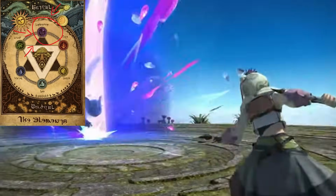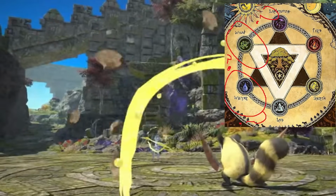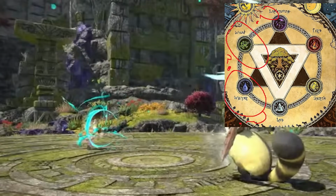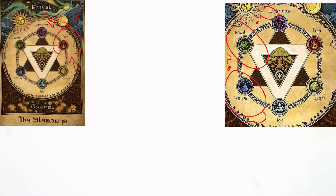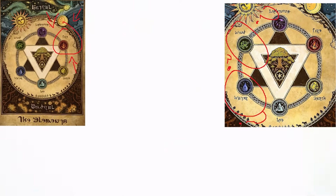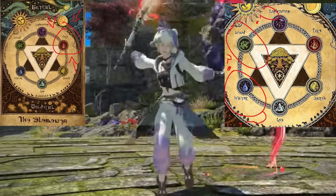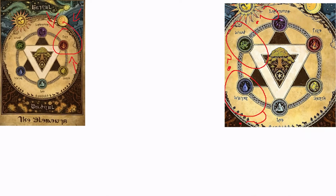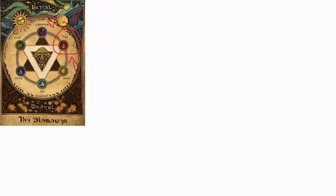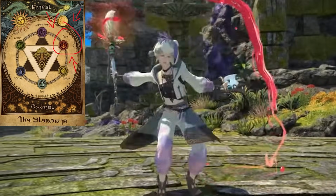Given the other 2 elements we haven't seen, the spread may be that the Pictomancer has 3 cast time, purple, yellow, blue ice, and then has 3 no cast time on the GCD spells for fire red, wind green, and then dark navy water. I'm actually so hyped, it's so hard to talk, guys. I'm so sorry. But this system would be important to allow the Pictomancer to move in the